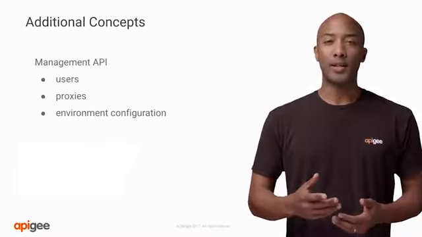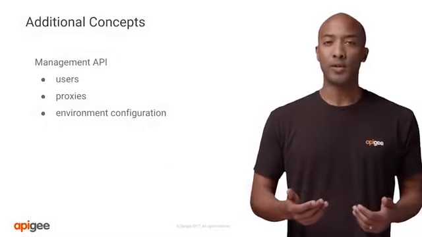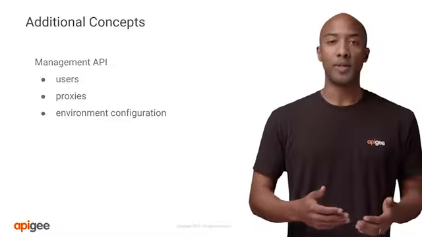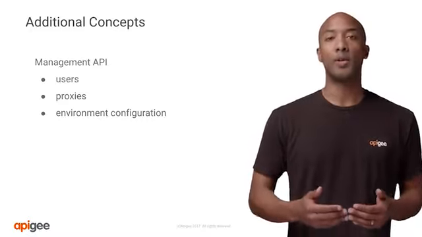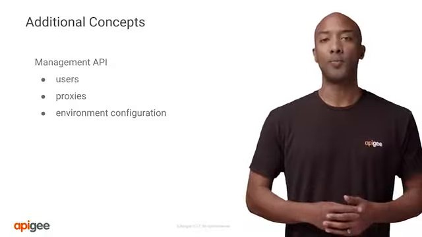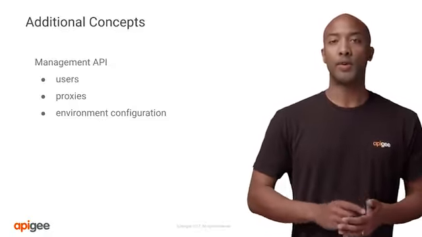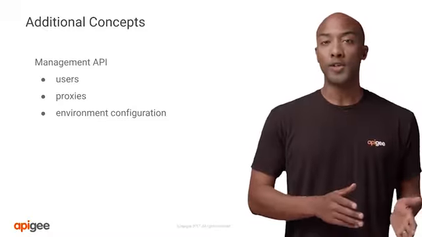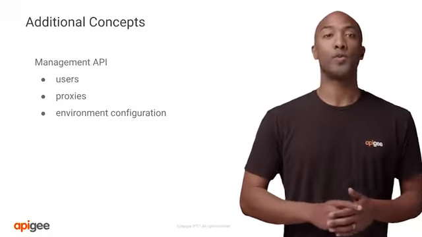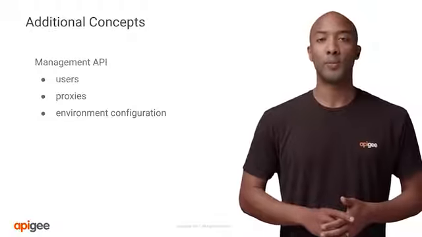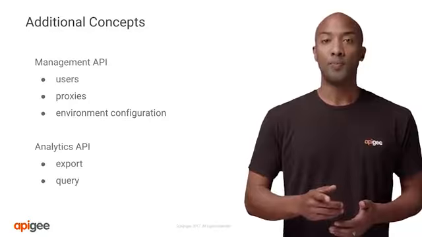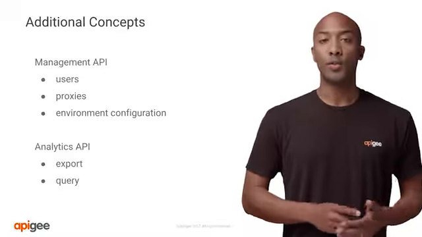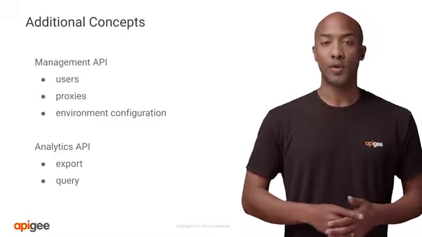Now let's add some more context around the Management API, which I mentioned earlier. All the tasks that an Apigee developer can complete via the Management UI can also be completed with the Management API. The Management API allows a developer to build custom deployment scripts. However, before deciding to build a script, please review Apigee's existing tools first. In addition, the analytics data can be exported using the Management API, and you can also build and execute custom queries to extract analytics data.